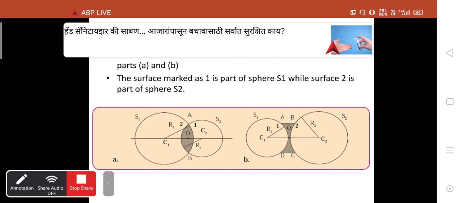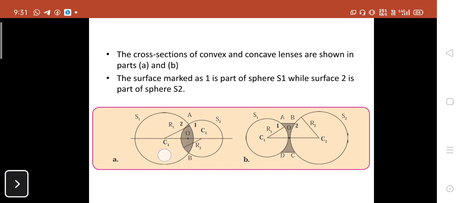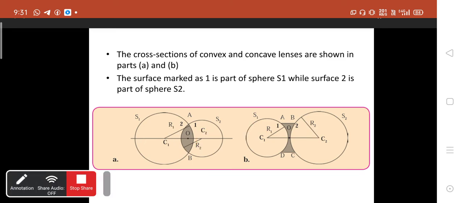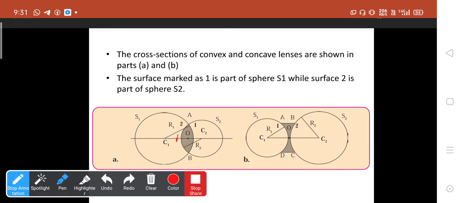तो ध्यान में रखो, जहाँ पे लेंस है वहाँ पे आपको दो सेंटर ऑफ कर्वेचर मिलेंगे, C1 C2। Therefore F1 F2 भी दो मिलेंगे आपको। ऑप्टिकल सेंटर एक ही मिलेगा जो O दिखा दिया है यहाँ पे। रेडियस ऑफ कर्वेचर R1 और R2 आपको दो मिलेंगे। ध्यान में रखो।